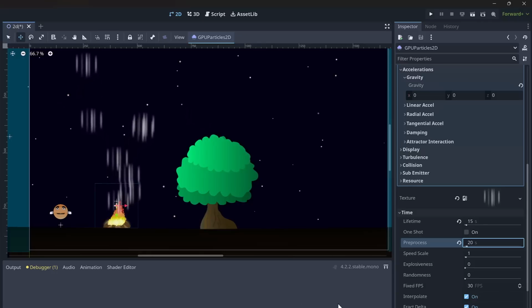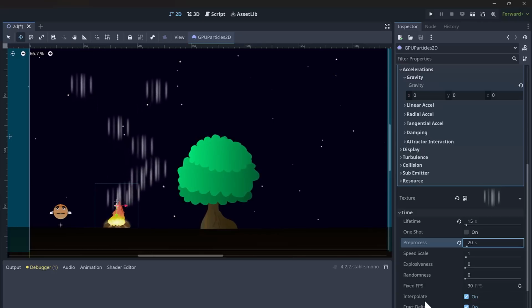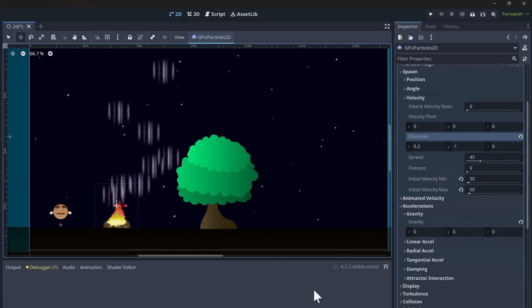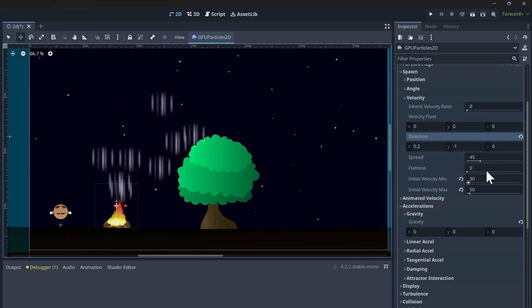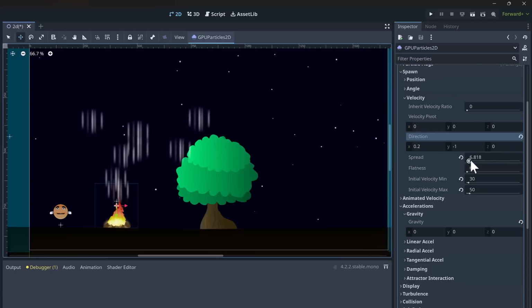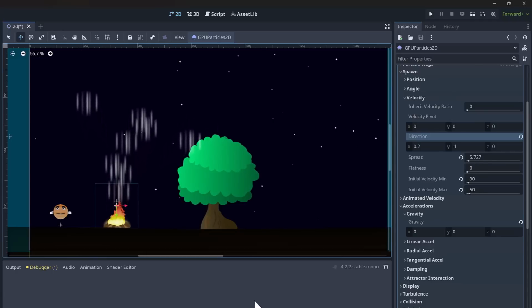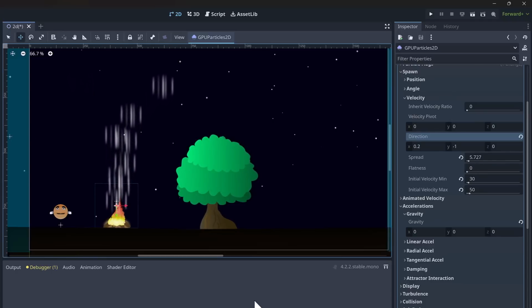Now I think that the particles are spread out too much left and right. So let's go up again here to the velocity section. And then let's move the spread down to maybe 5 degrees. Okay, now we have the movement dialed in, but we want our particles to drag little trails behind themselves, and